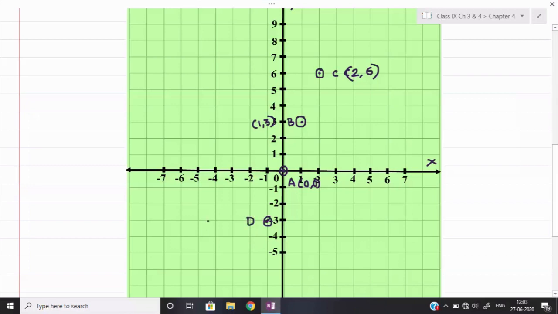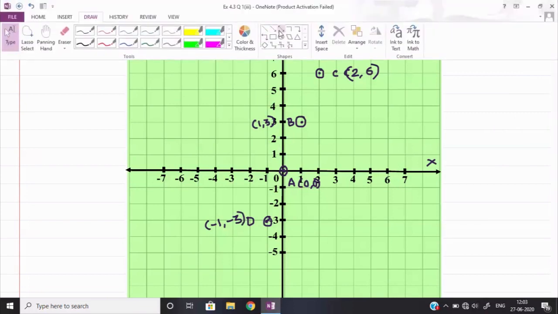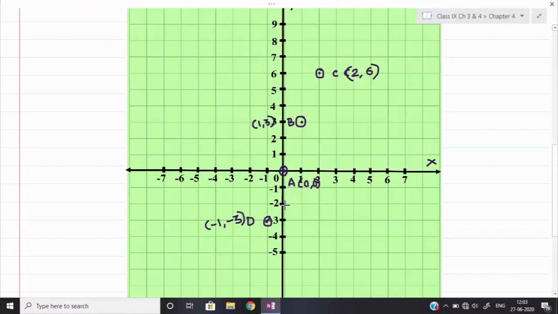Okay, and the coordinate of point D is -1 comma -3. Okay, now all the 4 points I will join with the help of line. Do not forget, we need to draw a line and we need to extend a line up till some length. So let us draw a line between all the 4 points